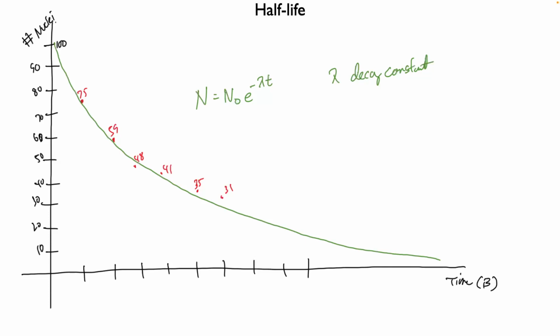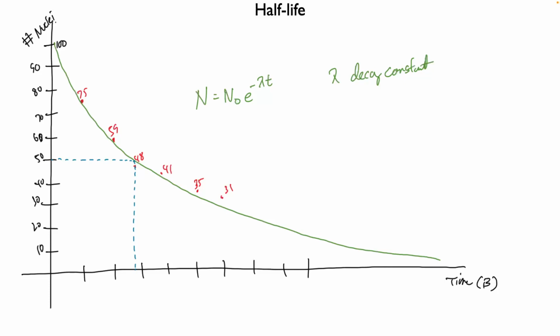We started with 100, 99. What's half of that? Roughly 50, right? So we draw a line over till we hit our fit. We draw a line down, and it looks like polonium has a half-life of